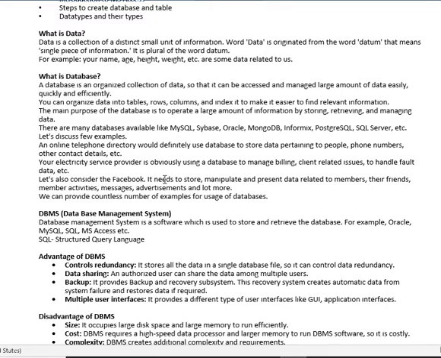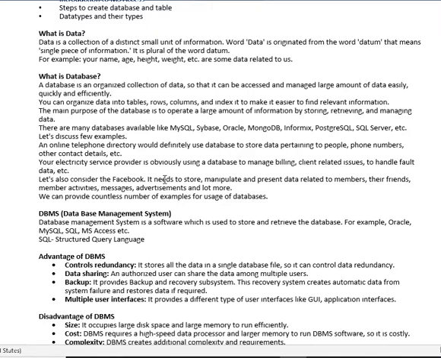For example, your name, your age, your height, weight, your roll number, admission number, your marks, your date of birth, your date of admission, your mobile number, your email ID, your address, all are data.